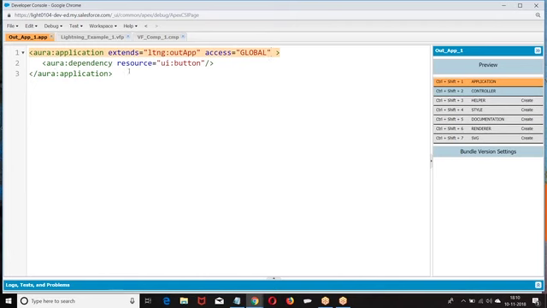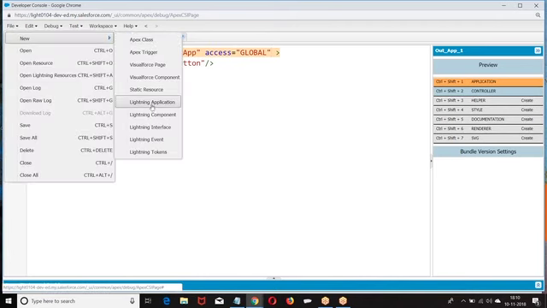How do you create a dependency? resource equal to resource name. Lightning application.